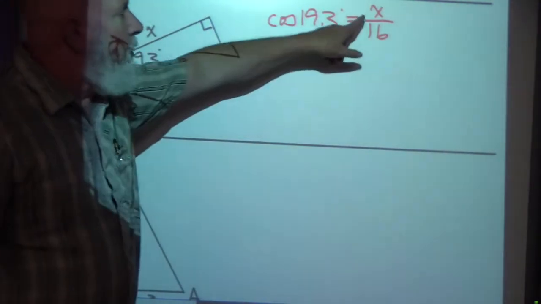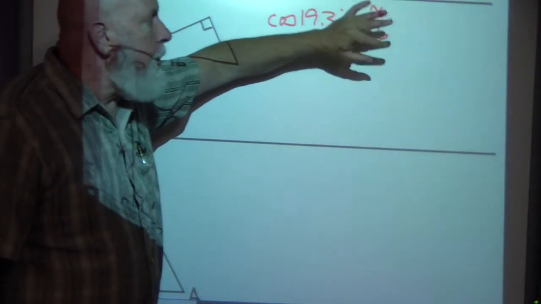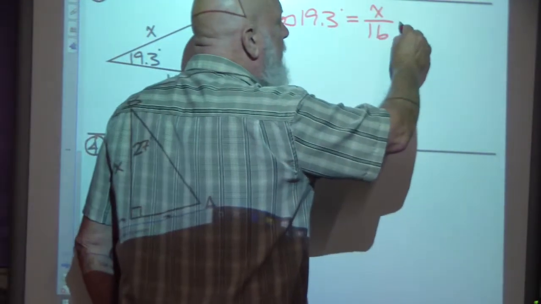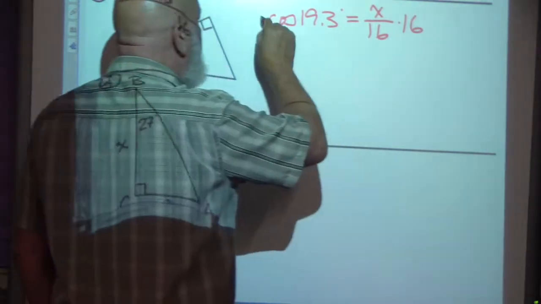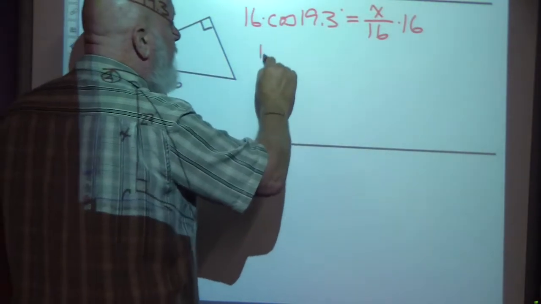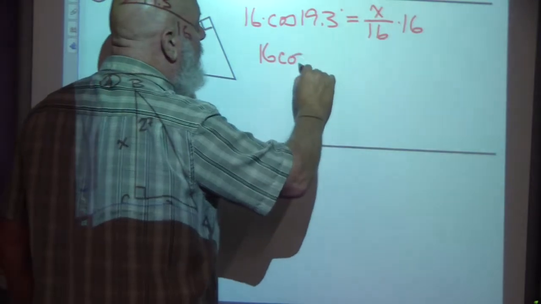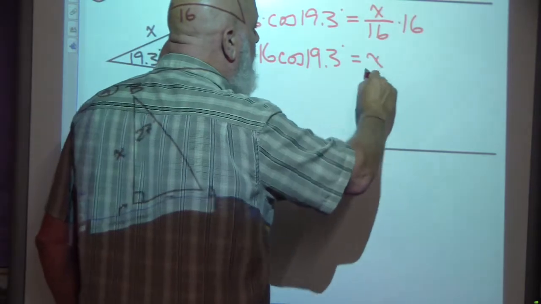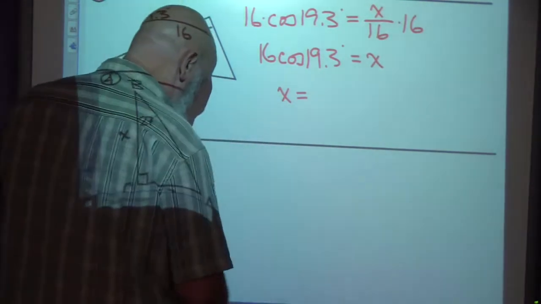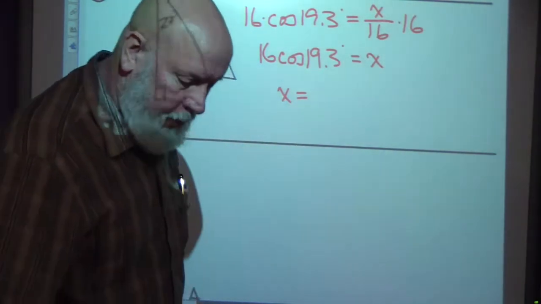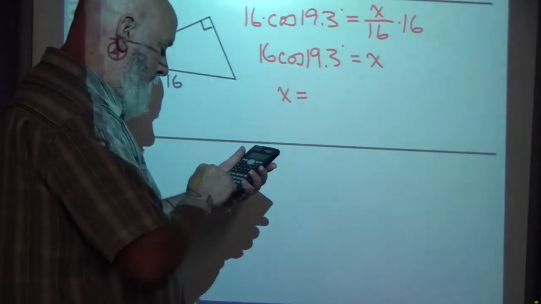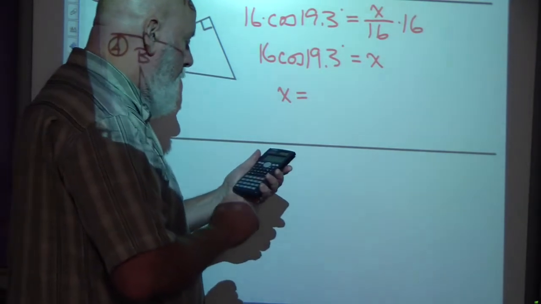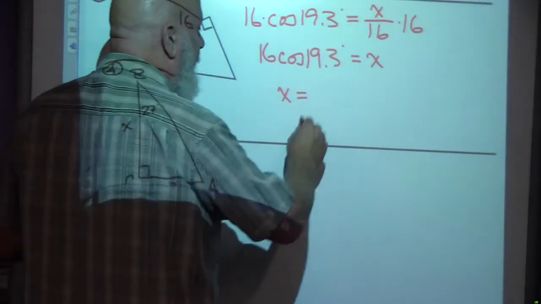Once again, I have my unknown, my variable, in the top of the fraction, so all I have to do is multiply both sides by 16. We undo a divided by 16 by multiplying by 16. This will give us 16 cosine 19.3 degrees is equal to x, and then we perform that operation with our calculator. And I get about 15.1